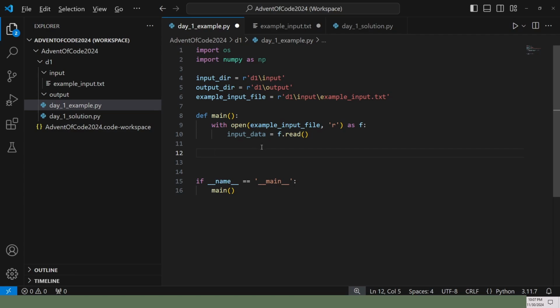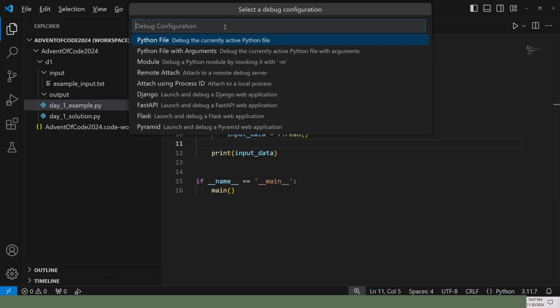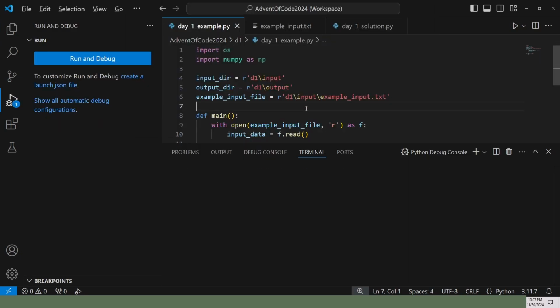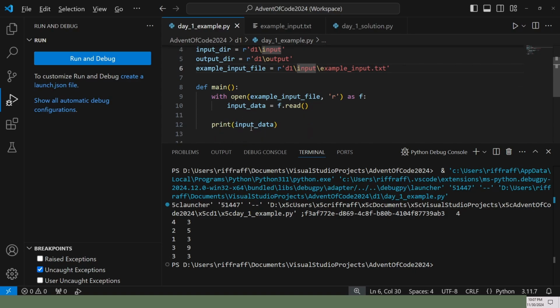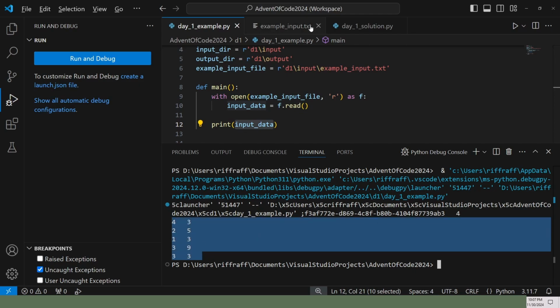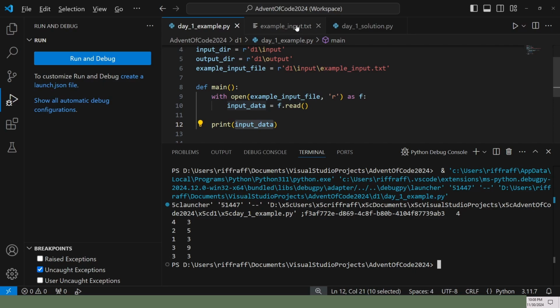So what we can do now is we can print and see if we are close to doing this right. What we should expect to see is this will print out in the console. So it looks like we do have our input data printing out to the console. What we are doing here is we've got these strings, and these strings look like this. We want to format them as lists.